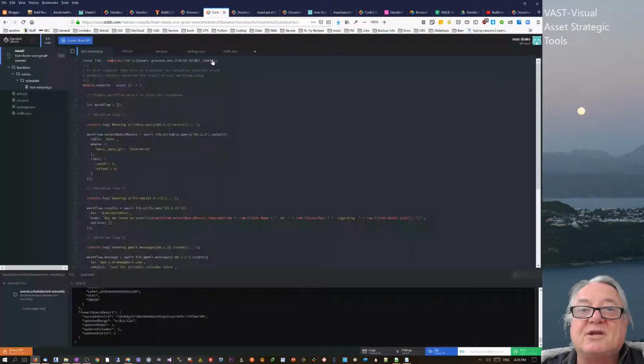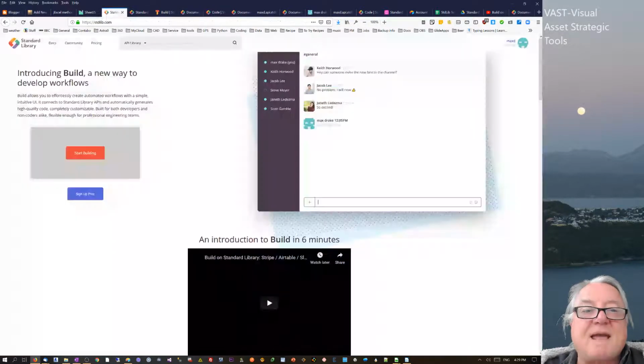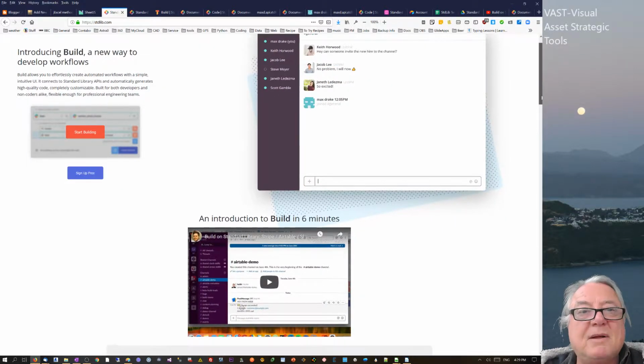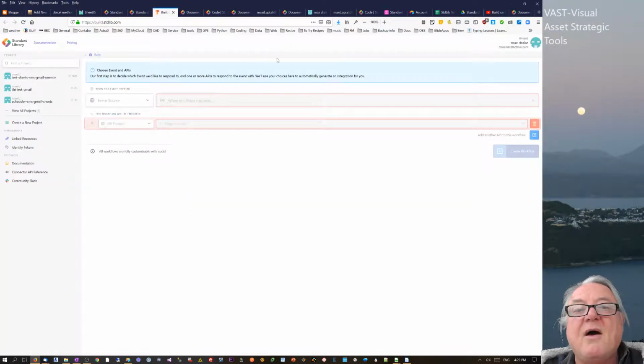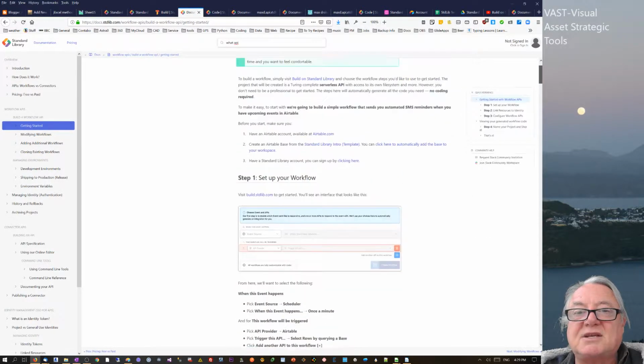When I first looked at this before, there's a few videos out there and they show this interface, which is a very intimidating interface for some of the things, and I was a bit bothered by that, so I sort of never took it too far at that particular point in time. Then they came up with this new build interface, which is this one here, which is quite friendly, and so I followed along with the tutorial, which is the getting started tutorial here, which actually just gets an Airtable,